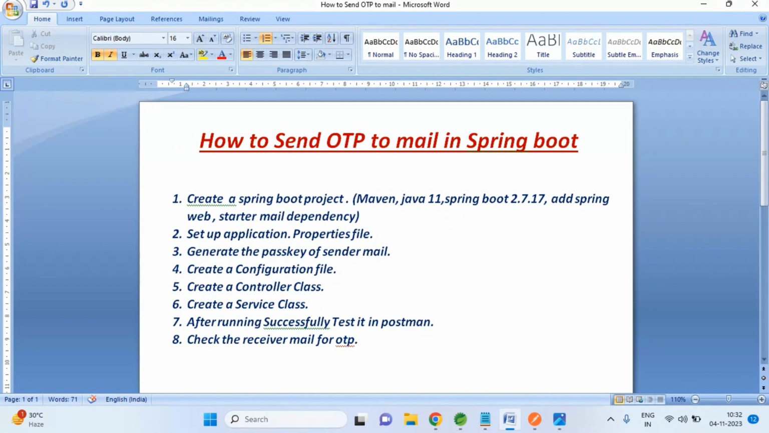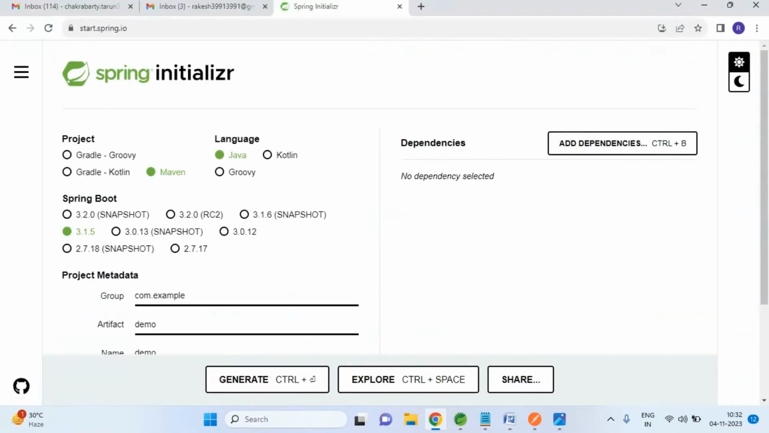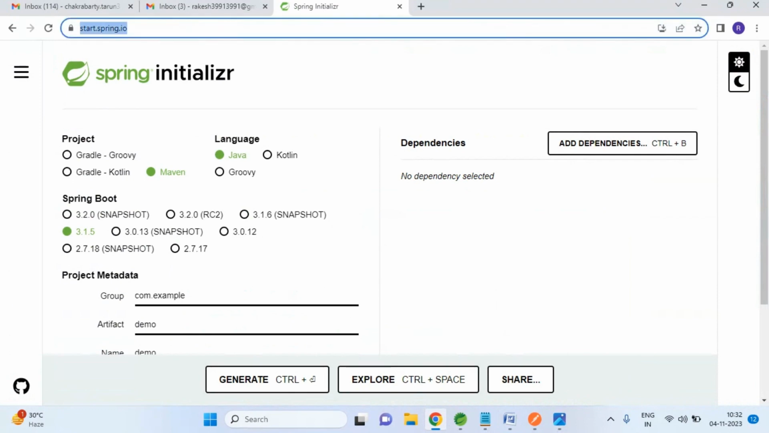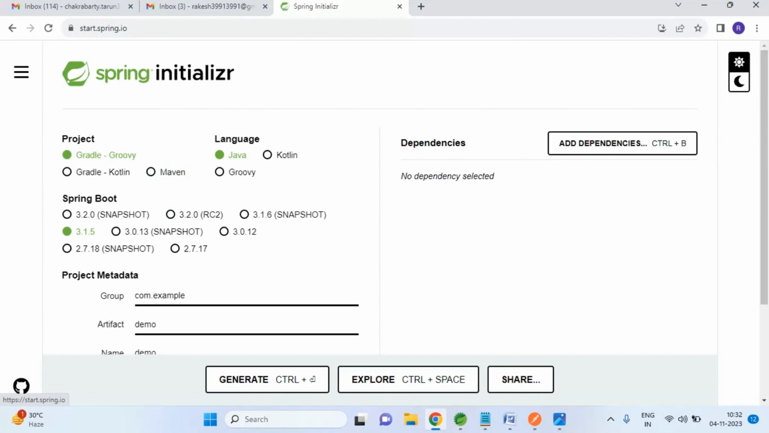First, go to the browser and create a simple Spring Boot project. Go to start.spring.io, just refresh it, and I am going to create a simple project. The project uses the Maven build tool, the language is Java, and the Spring Boot version is 2.7.17. So the project group ID is